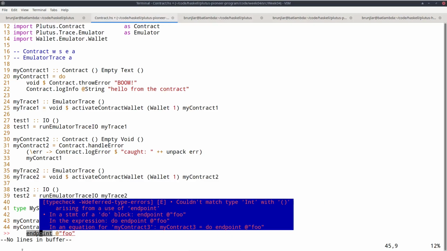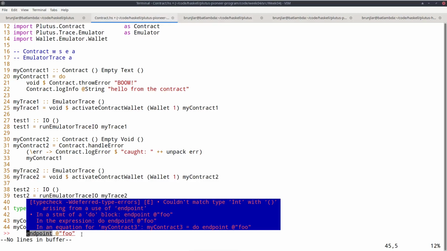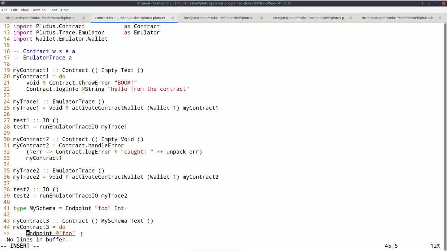And so this is a monadic computation that will block contract execution and wait for a value to be provided. In our case, a value of type Int. Once that value is provided from the outside, this results in that provided value and we can bind against it.